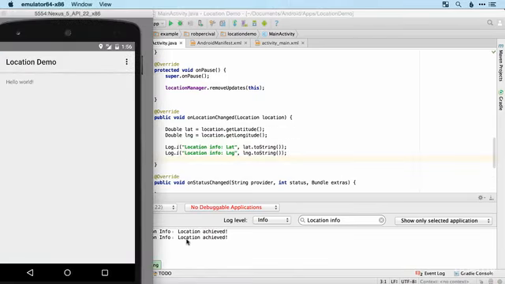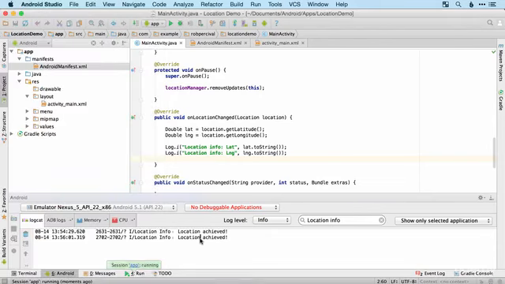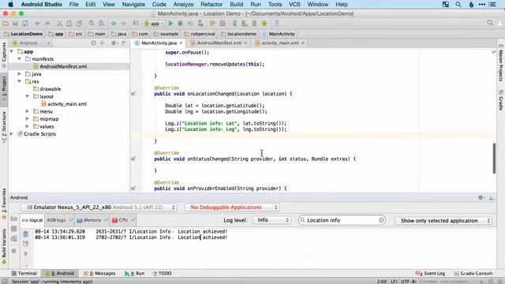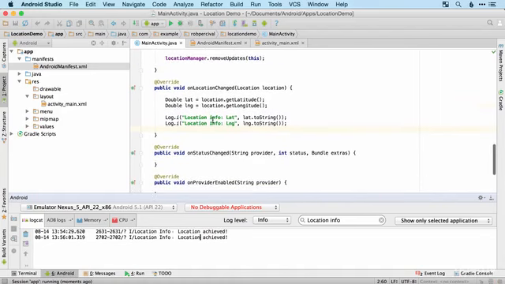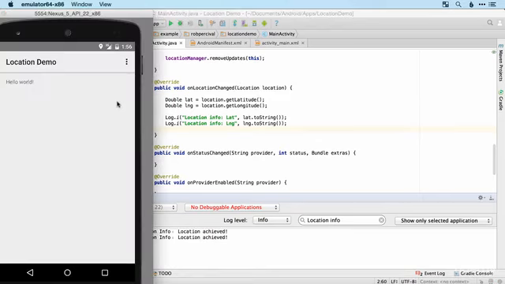Okay, so once again, we've got our location, which is great. Notice that we haven't actually had the location printed to the logs because the location is only printed to the logs when it's changed, and our location hasn't changed. So now you might be wondering, how are we going to actually change the location or affect the location of our app? If you've worked with iOS development, you know that you can use the emulator to simulate certain locations. Unfortunately, there isn't a similar method in Android, and what we need to do is slightly more fiddly,